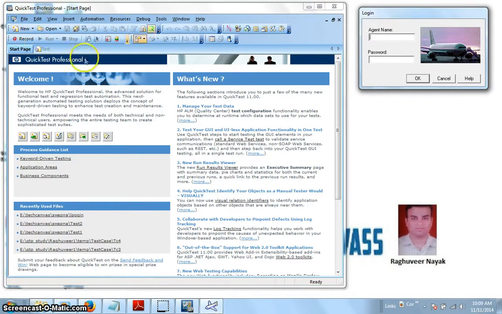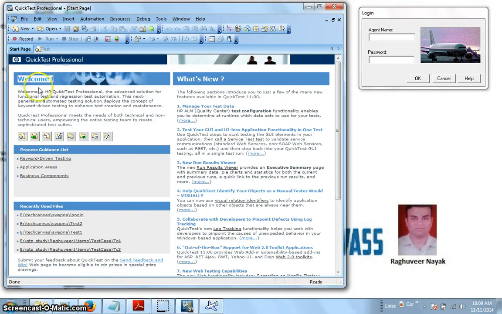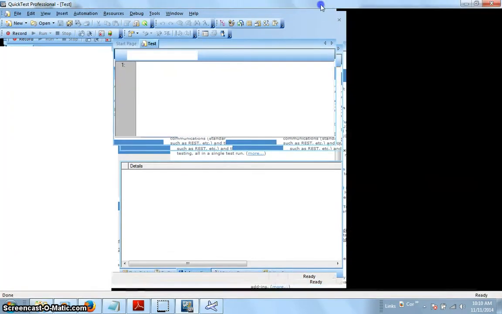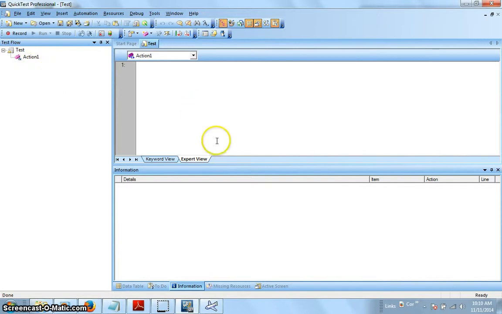Okay, now I'm starting. This is your QTP overall main screen, where you can see the welcome screen: what the guidelines are, what the new features introduced for this release are, and what recent files you used. These are the key features normally shown on the first main screen. Now there is one more tab, by default it gives you a test. I'm just maximizing. You can see different panels, or different corners, responsible for different activities.